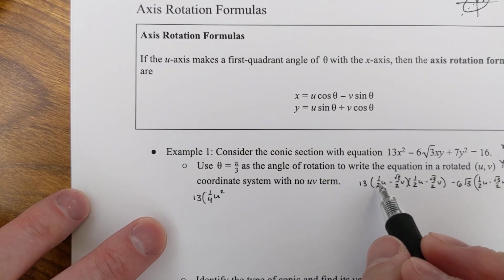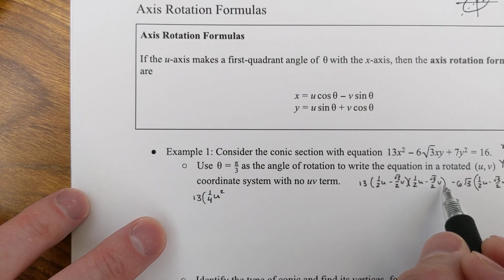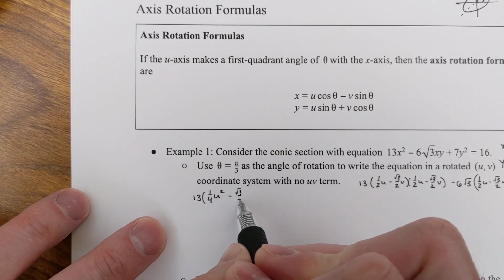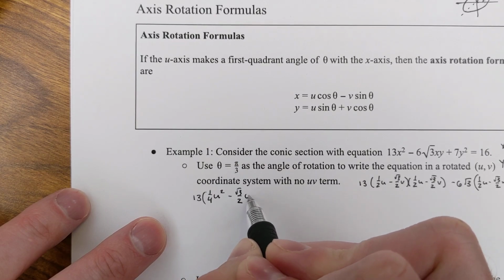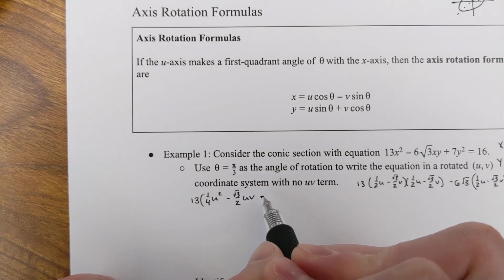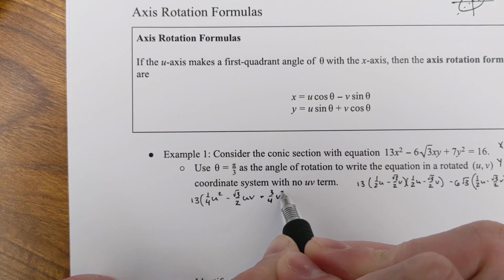It's going to be, let's see here, negative root 3 over 4 uv minus another root 3 over 4 uv. So that'd be doubling that. So minus root 3 over 2 uv,